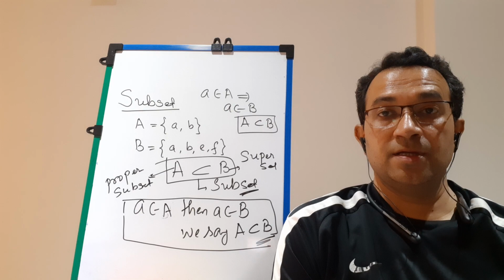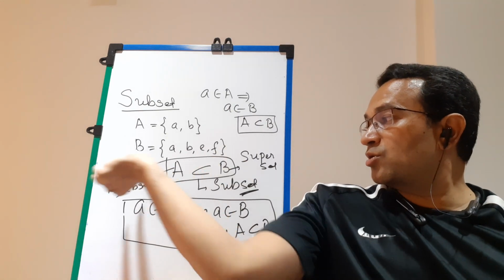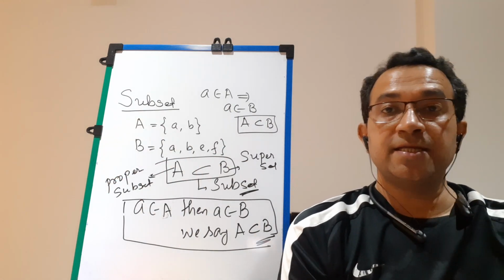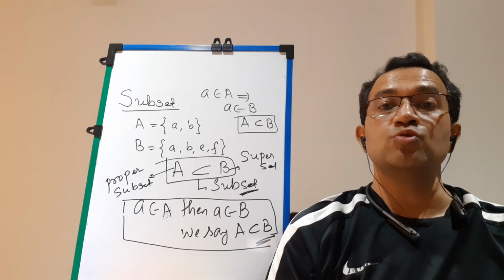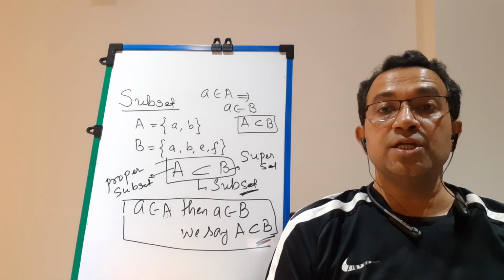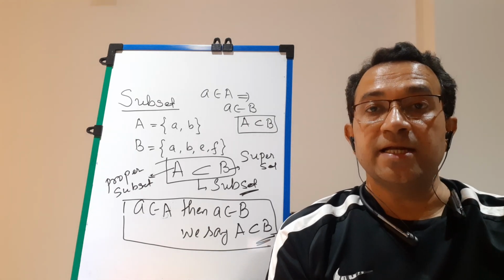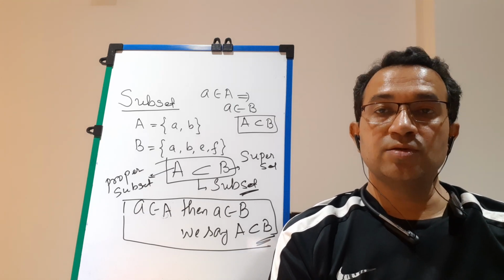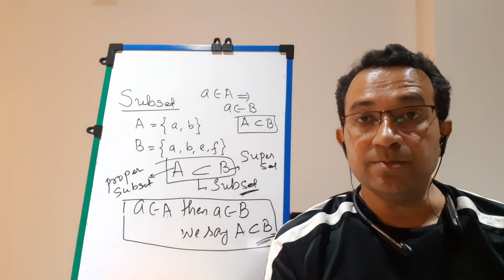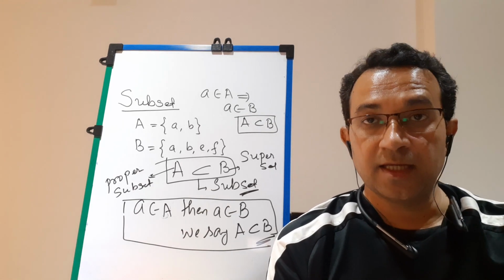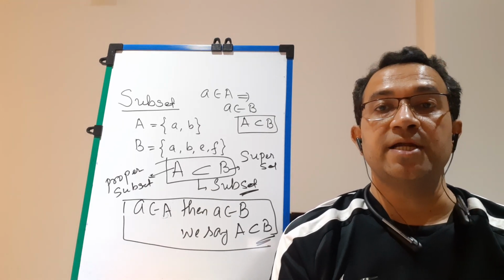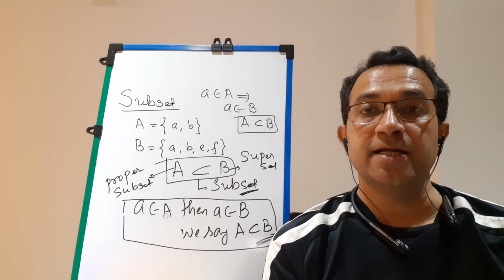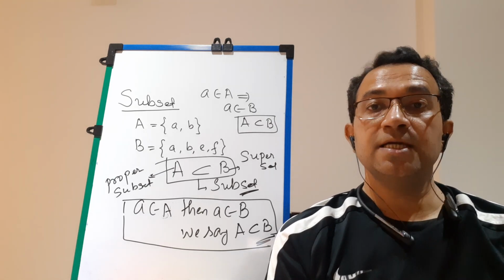Remember this. The left hand side A is called the proper subset and the right hand side set B is called the superset. The set which includes the given set is always called, students, the superset. So in the relation A subset B, B is called the superset of A and A is called the proper subset of B, students. That we should perfectly remember.